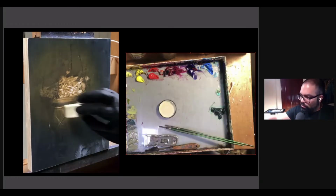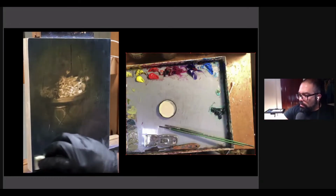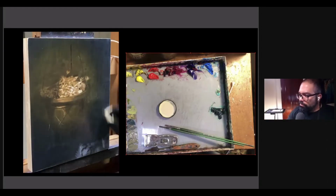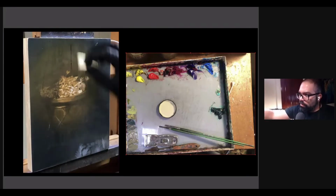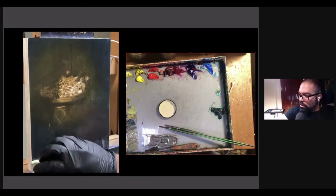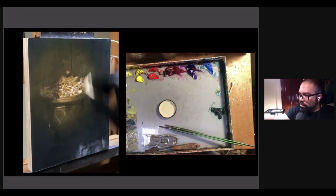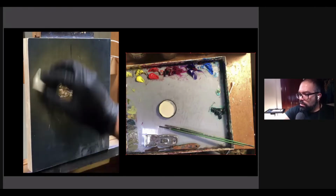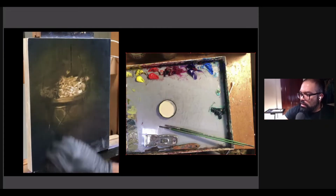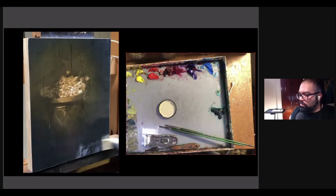Now, this is cheap printer paper. I've done this with Bristol paper or Strathmore 500 multimedia paper, which is what Donato Giancola uses. If you have a printer that prints with water resistant inks, you can do the same thing with this and get an even better printout. This cost me maybe 60 cents, 65 cents at FedEx Kinko's. So it wasn't too much of a